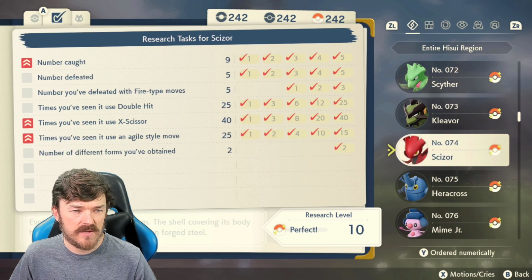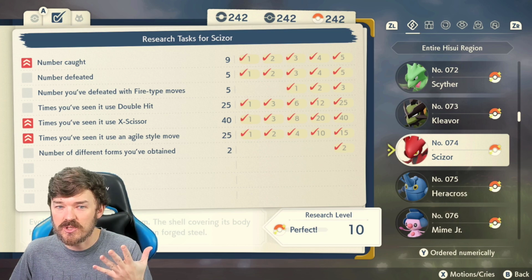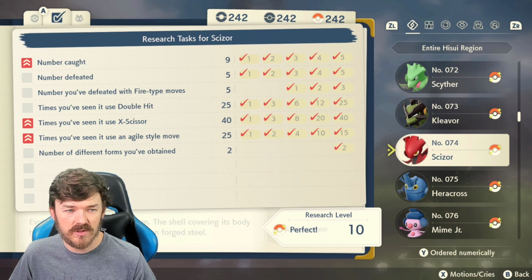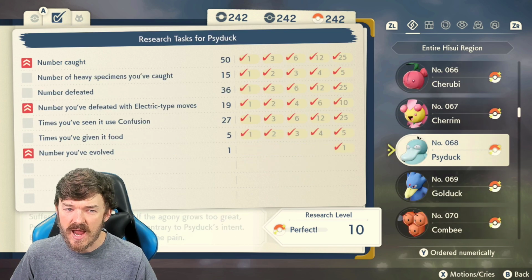Now, some of them were really difficult as well. Defeating 3 Scizor with fire type moves. Obviously, you have to encounter a Scizor in order to do that, and they're only in space-time distortion. So I had to defeat 5 altogether, 3 of them with fire type moves. That means I had to go into space-time distortions and hope that a Scizor would spawn, and they rarely ever